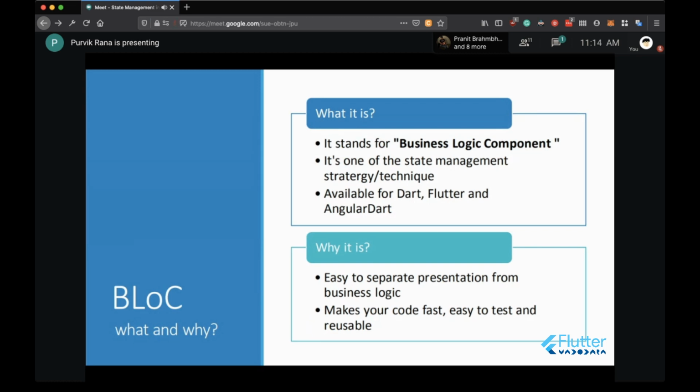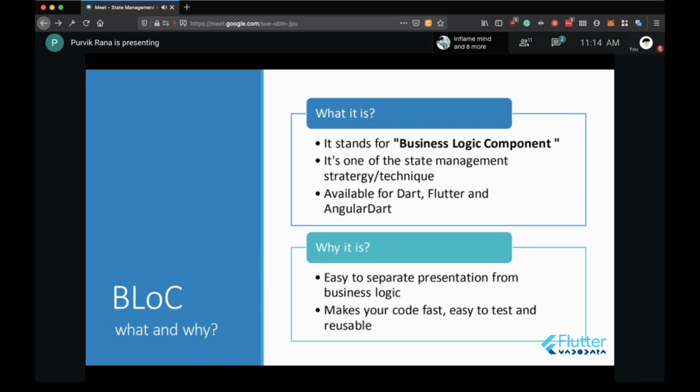Why use it? It is easy to separate the presentation from the business logic. If you handle the presentation, the UI of our application, and create the business logic in the same file, it will be very lengthy code, and to understand it will be really very complex. So using the Bloc pattern, we can easily separate the presentation, what the user is going to see, from the business logic, what processing our application is doing under the hood.